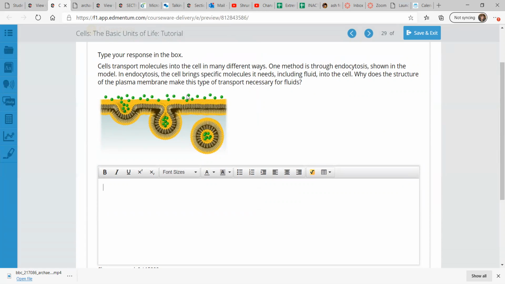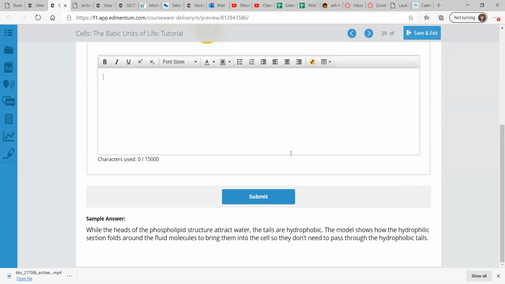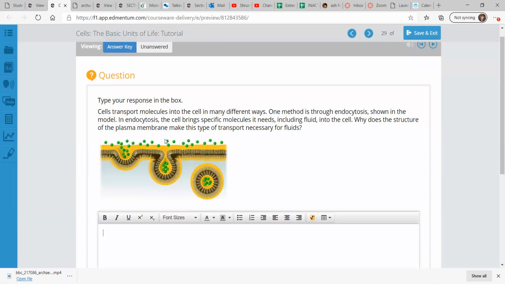So we have fluid here, and you see it being kind of circled around, and then only then allowed to pass through. So why is that? Well, a sample answer: while the heads of the phospholipid structures attract water, the tails are hydrophobic. So that means while the heads are attracted to fluid or the water, if it gets through that middle part of the phospholipid layer,